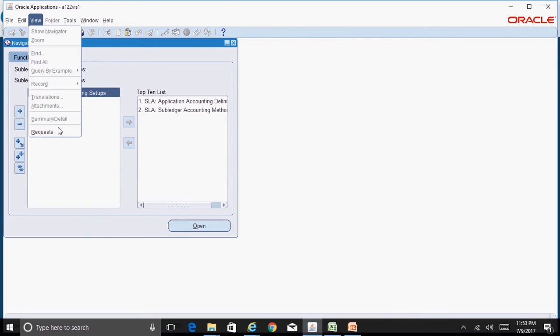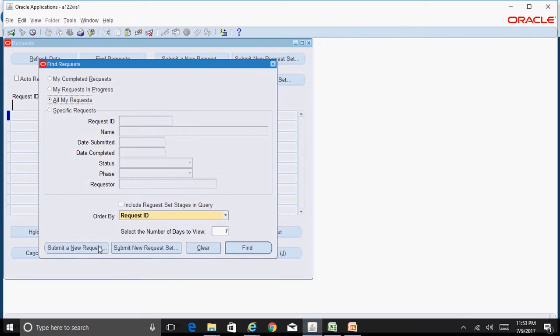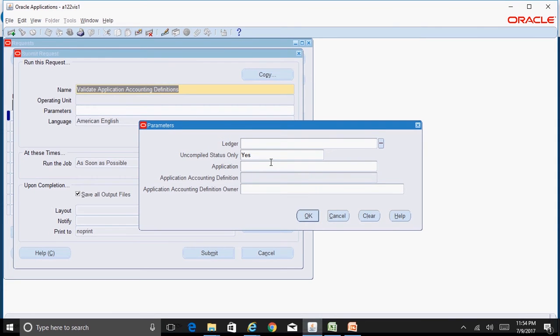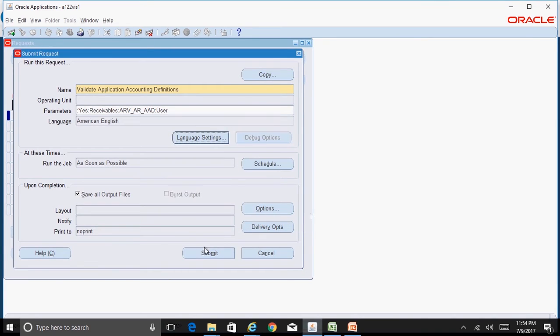So for that you need to run a program called validate application accounting definition. Okay, application is receivables and application accounting, so we want to validate our application accounting definition, which is ARV AR underscore AAD. Save this.